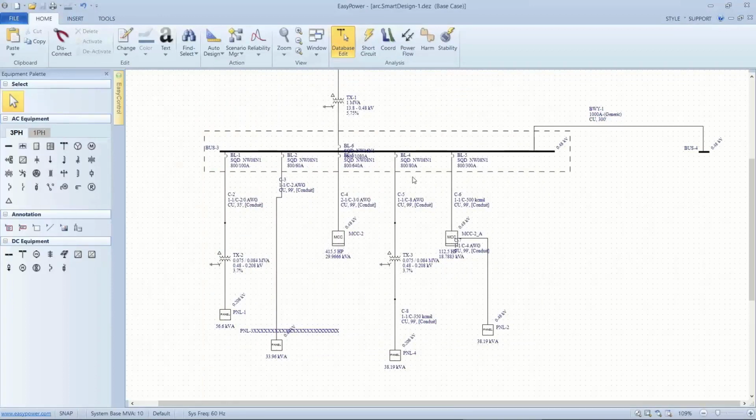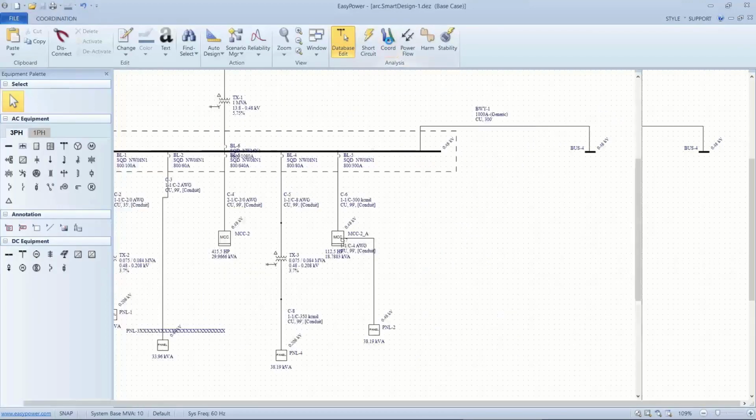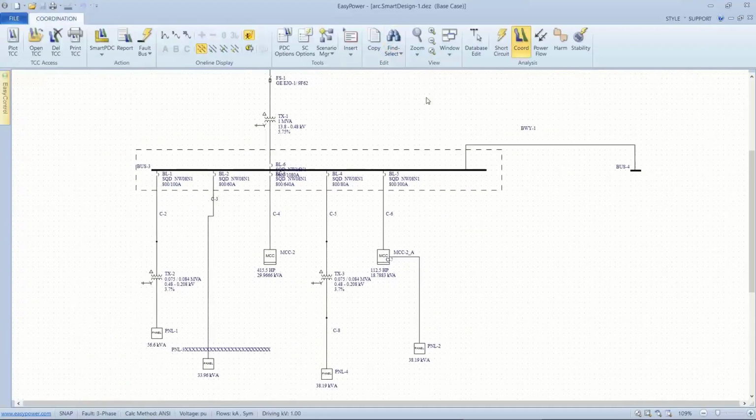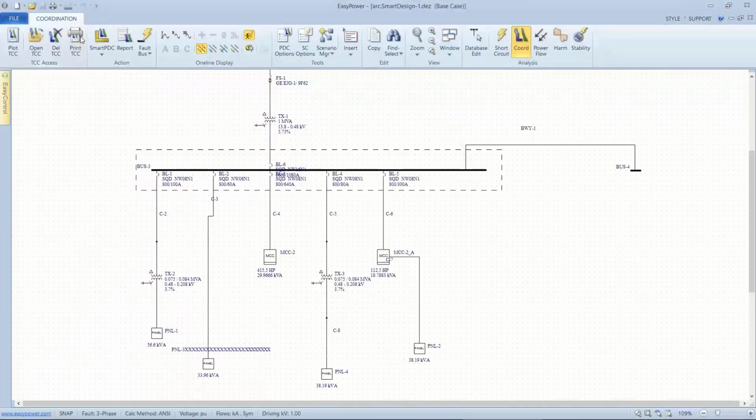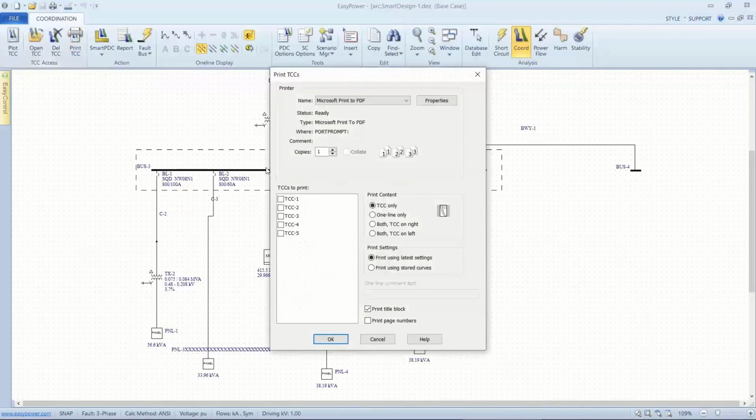Printing multiple TCCs. For those of you that have done coordination, we have the ability to print the TCCs, but the way it was set up is that we would print just one at a time, and you'd have to engage the printer each time. Now I can print them all at the same time, have it reside in the same file, or have them come out at the same time. So I'm going to use a PDF printer and print everything to one file. Let's go ahead and print both frames,